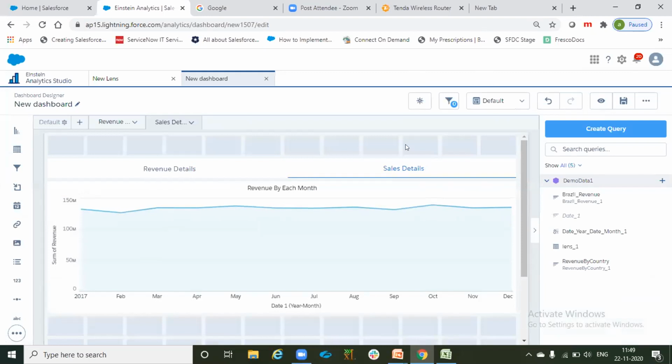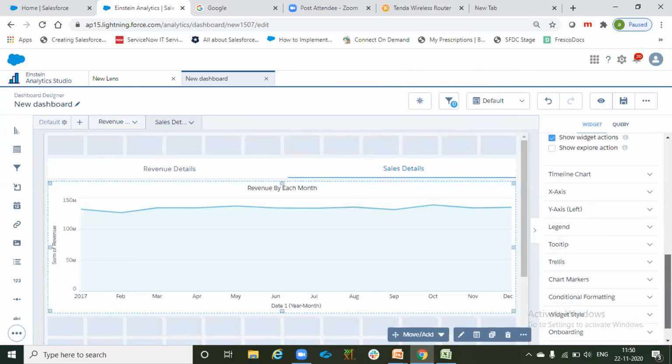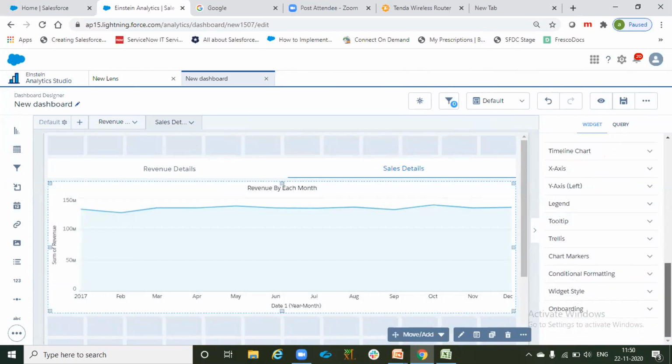So I know I've not completed all the things because it's very limited time and there are many other things to do. We have just seen only the widgets, but there are many properties for each widget, and I would urge everyone to just go and explore it.